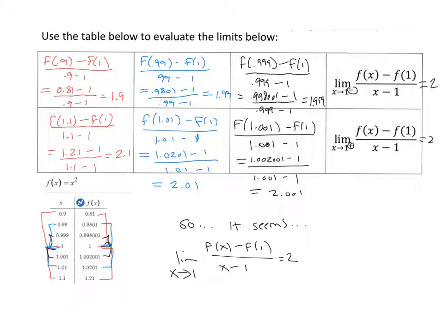Okay, and that limit has meaning, right? That's actually the slope of the curve x squared at x equals 1, or the slope of the tangent